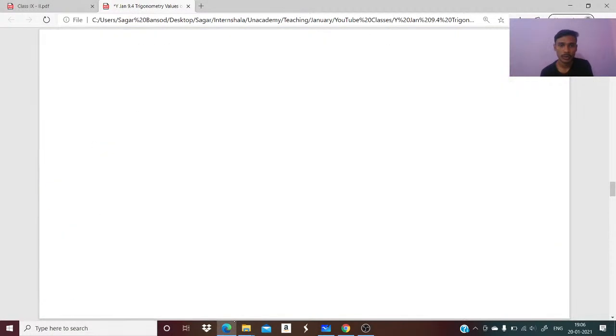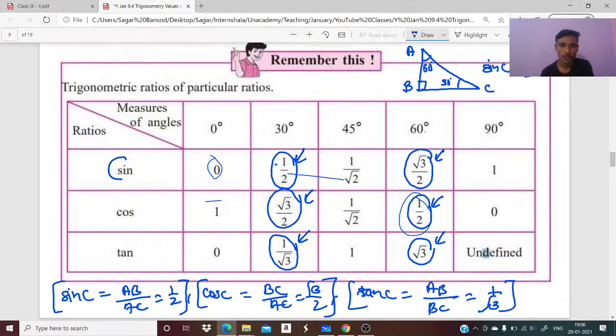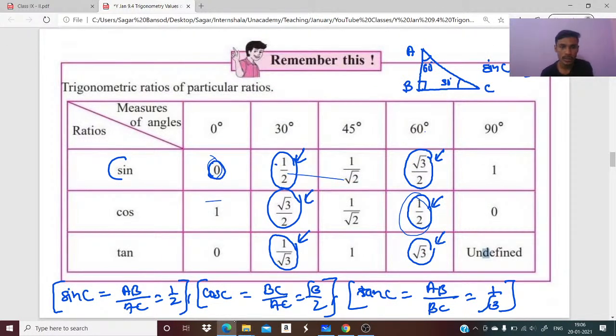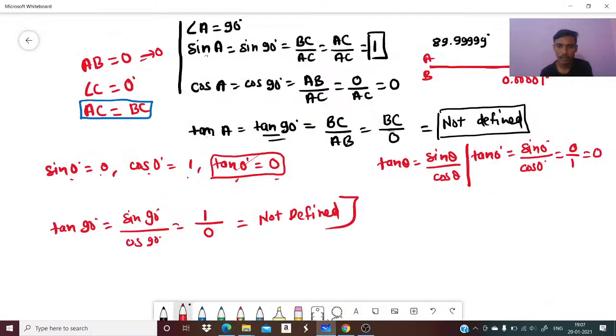Okay, let me show you the table. So sine 0 is 0, cos 0 is 1 and tan 0 is 0. Then similarly for 90 degrees, let us check. Sine 90 degree is 1, cos 90 degree is 0, and tan 90 degree is